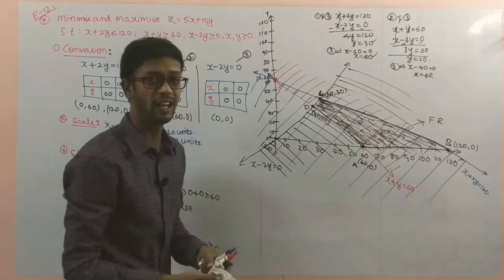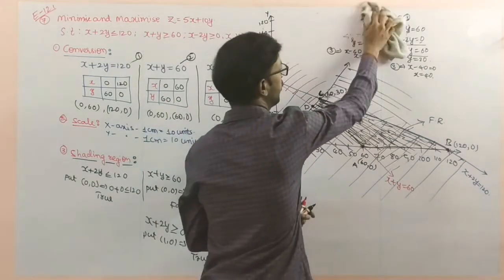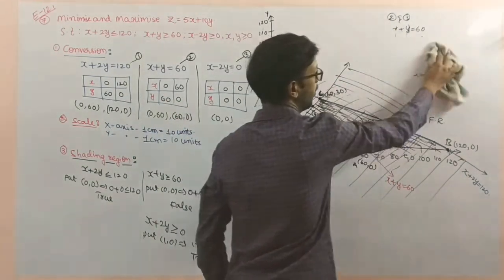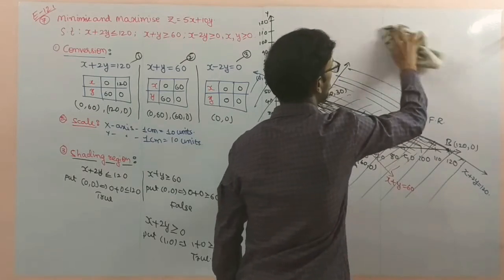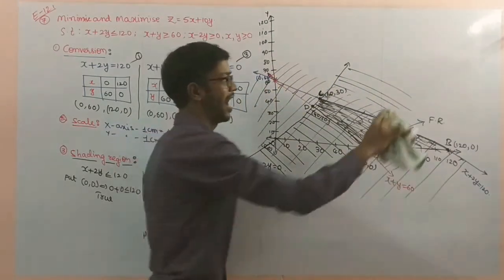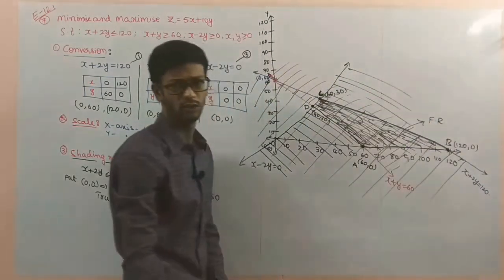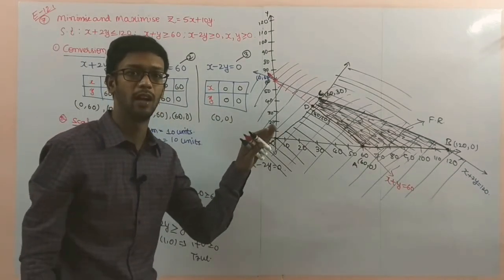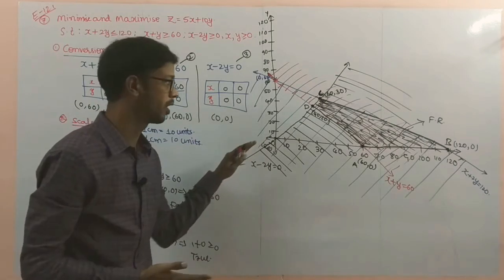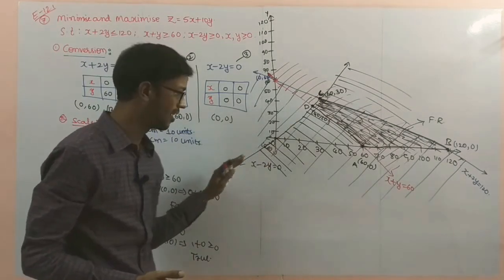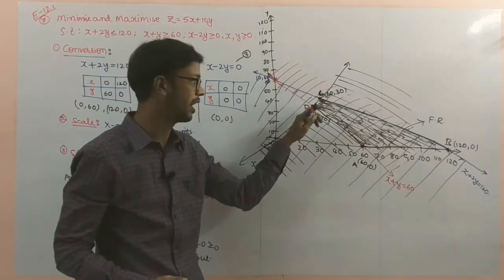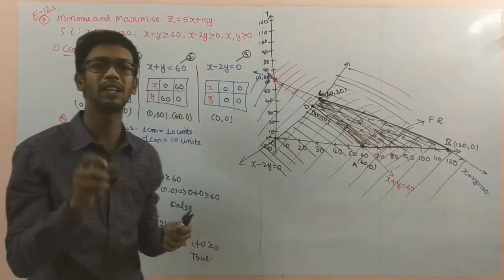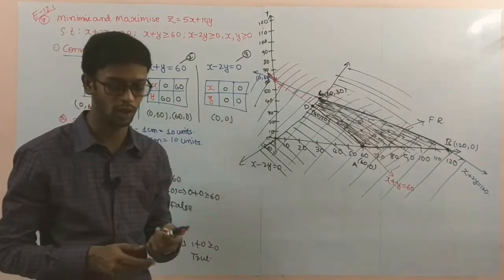This one is only rough work. You no need to write it in the graph. If you are drawing the lines properly, no need to solve also. You have to keep the scale properly. If you are drawing the line passing through the origin directly, you will get the intersection points. But for verification purposes, we have to do the total.